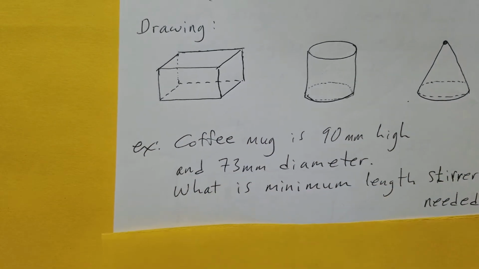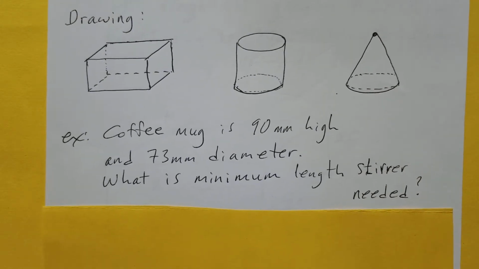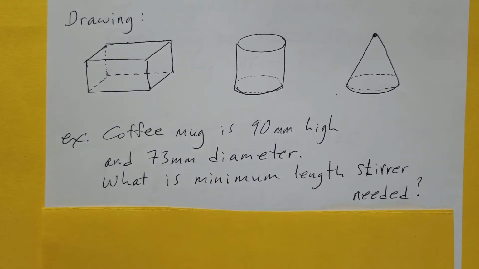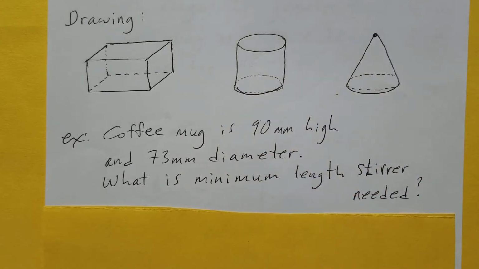Okay, here's our first example. Coffee mug is 90 millimeters high and 73 millimeters diameter. What is the minimum length stirrer that's needed? So a coffee mug is going to look like that. I'm going to draw one of these. And by stirrer is that stick, right, that you stir the coffee with. So